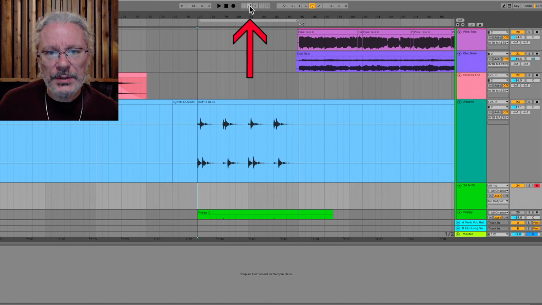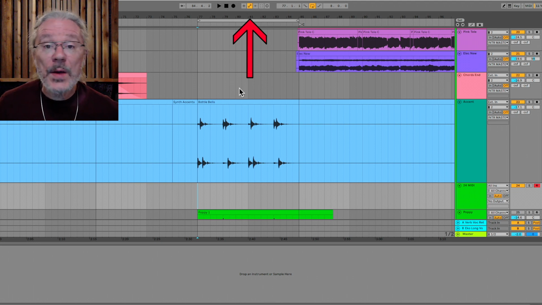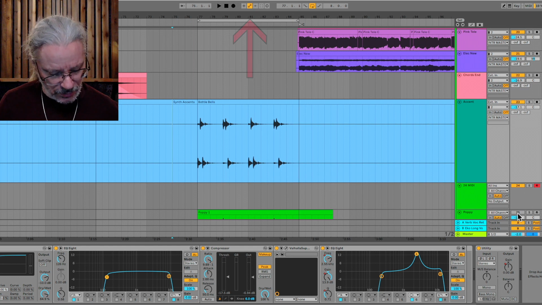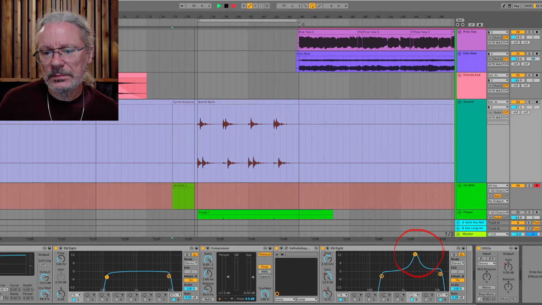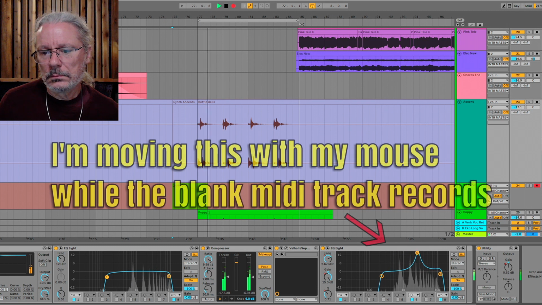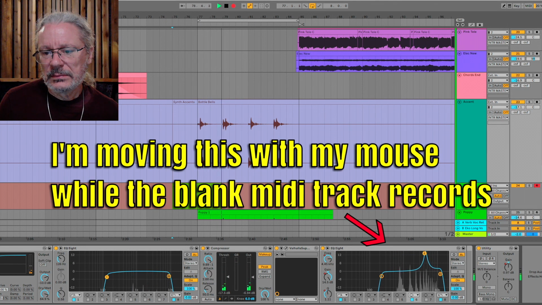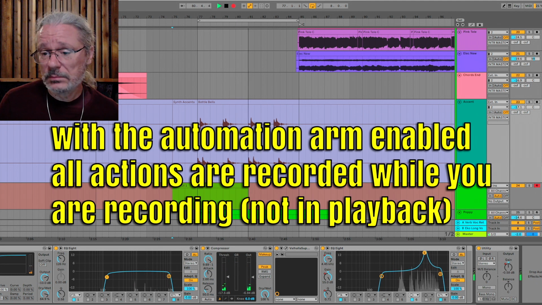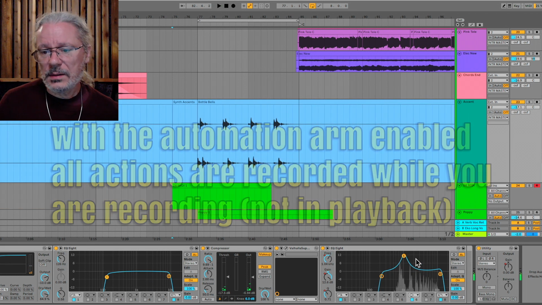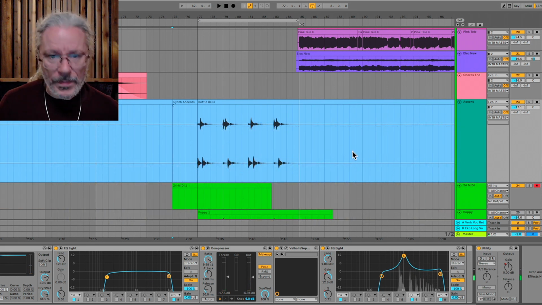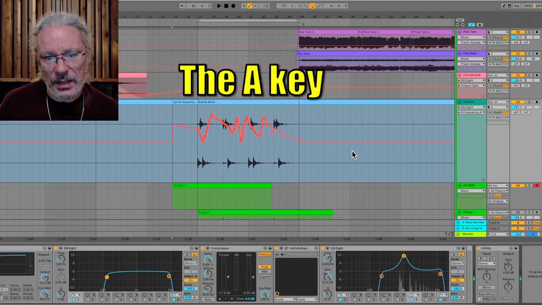Then I enabled Automation Arm, which is this button right here. So that means that if I'm recording, anything I touch starts getting automated. I just hit record. I'm going to grab this. And it'll record everything. See, check it out. So now if I go back to my automation view, which is hitting the A button,